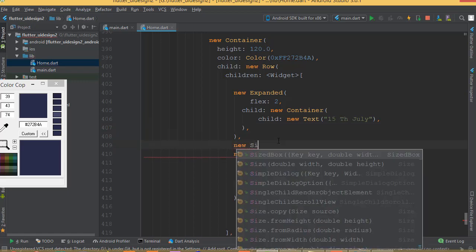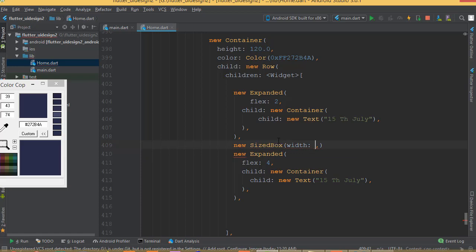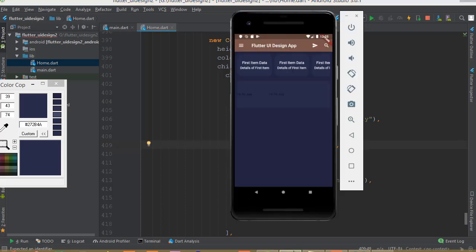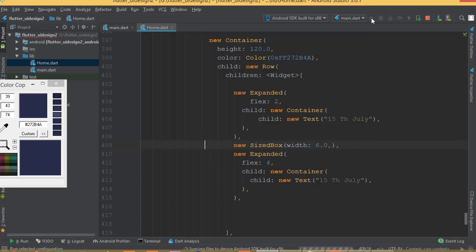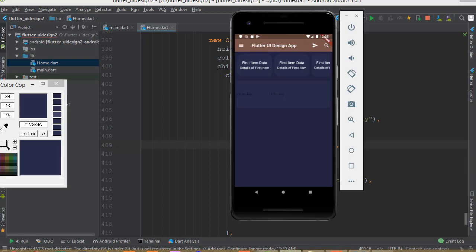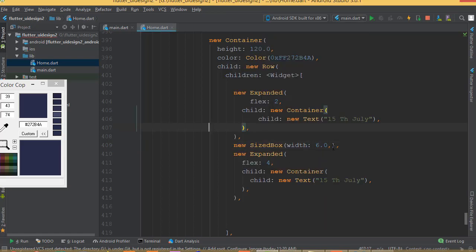So new size box, width is going to be 6.0, hot reload. Okay, so new size box and new expanded flex 4, but we can't see